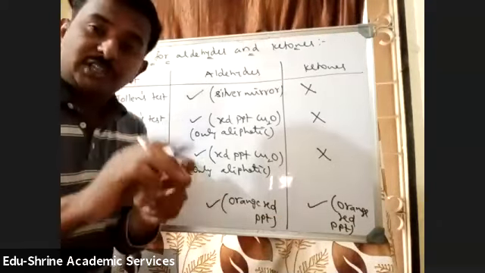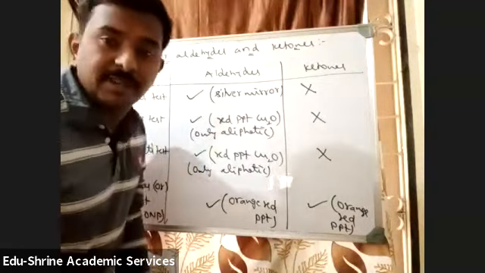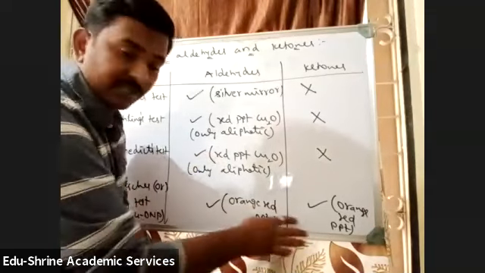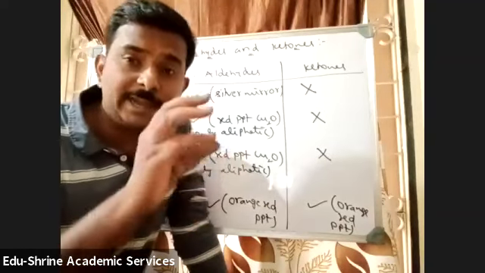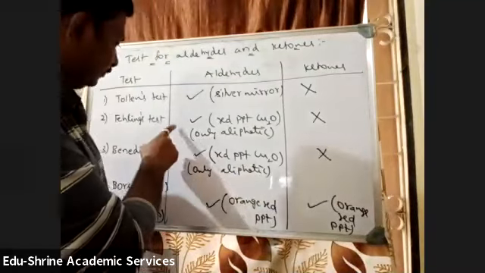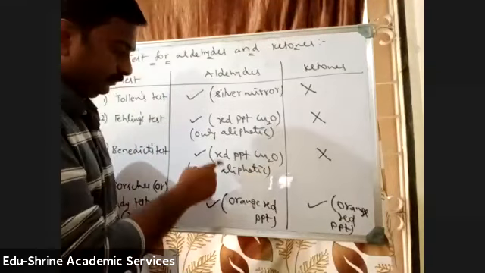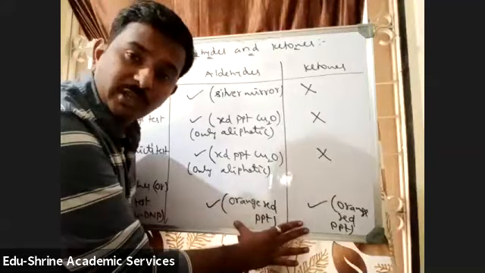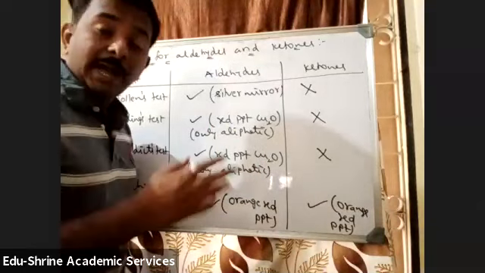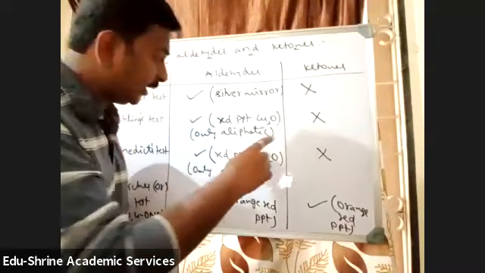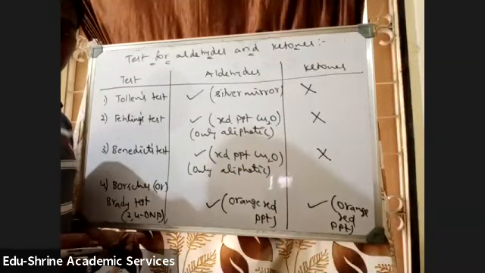So that means just for identification of a carbonyl compound, we will be using this test. Once you confirm that a carbonyl compound is present, then to identify whether it is aldehyde or ketone, you can do any of these three tests. Again, to confirm whether it is aliphatic or aromatic, any of these two can be used. One more last one is there.